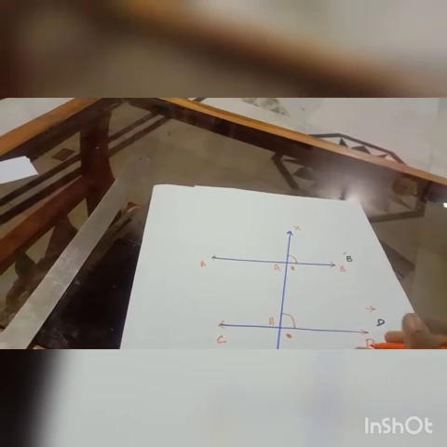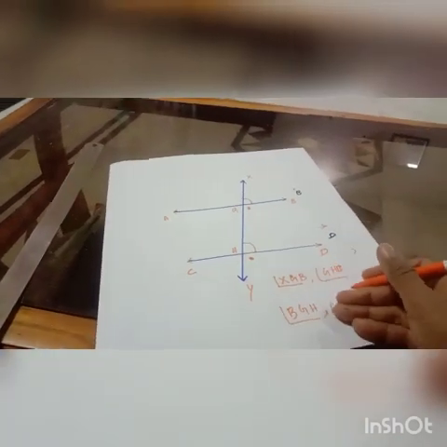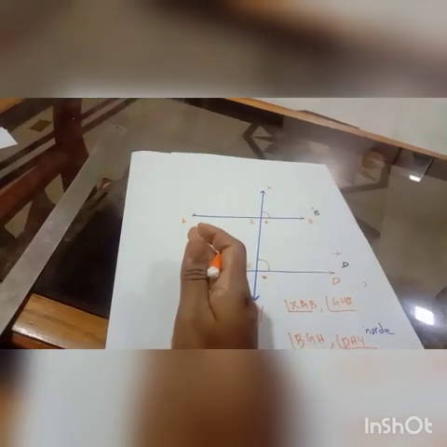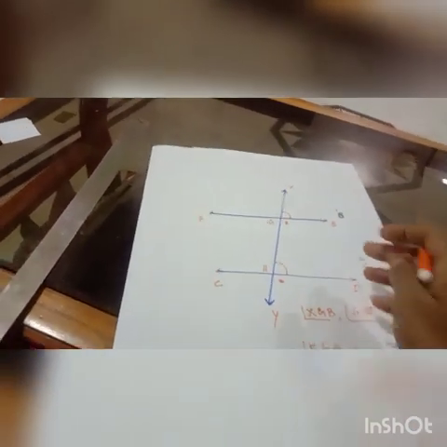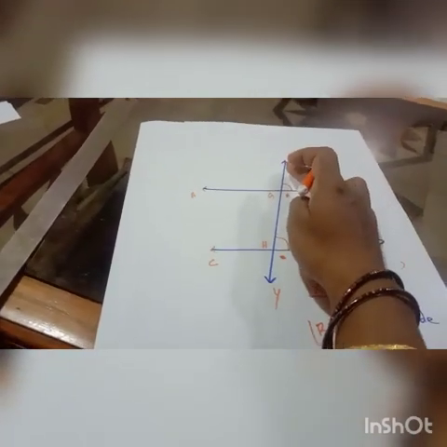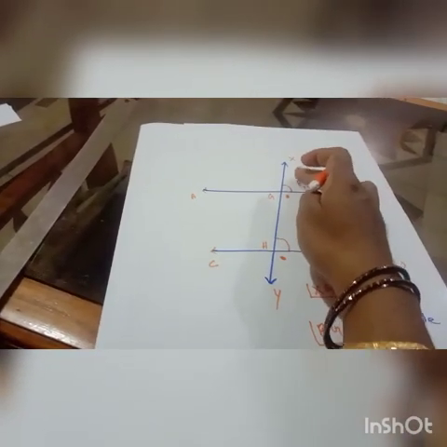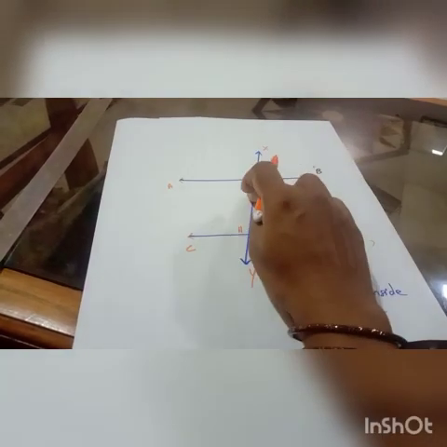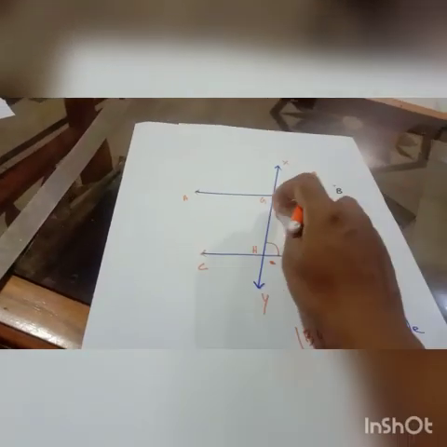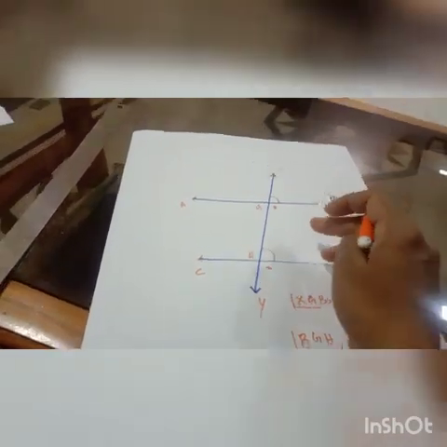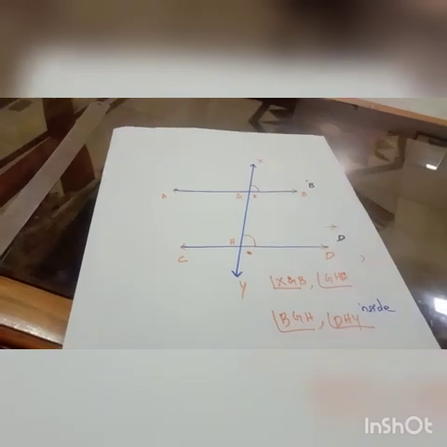Two pairs are there on the right side: one pair and two pairs. Then this pair you have to write. Now you see, while writing you have to remember, you can start from X, G, B, or otherwise you can start from B, G, X. You can write it two ways, but the main thing is that G should come in the middle.